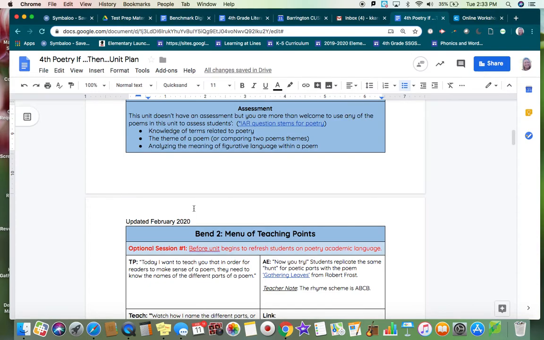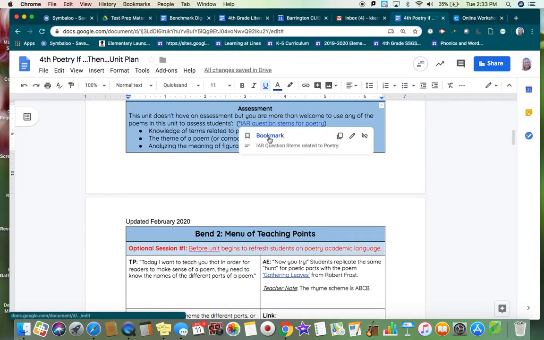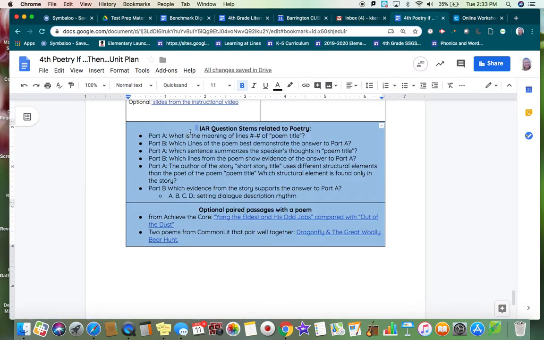Now, there is no assessment for this unit. However, knowing that sometimes this type of literature is on an IAR test, we did pull in some question stems. It's at the bottom of the doc. So if we were to go to that bookmark, here is what the literacy team noticed: when poetry is asked of students to identify either the theme or what line of this poem, which sentence summarizes the speaker's thoughts,